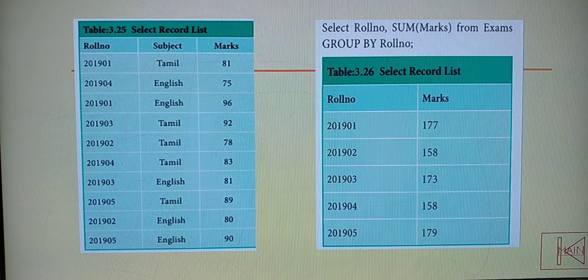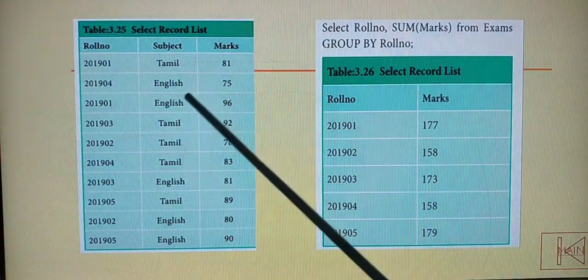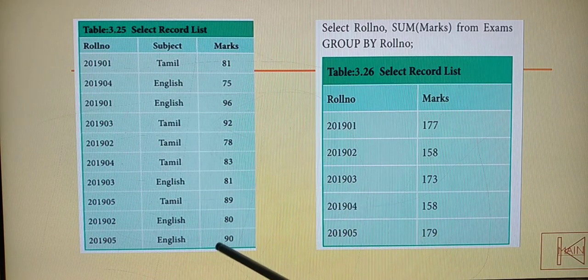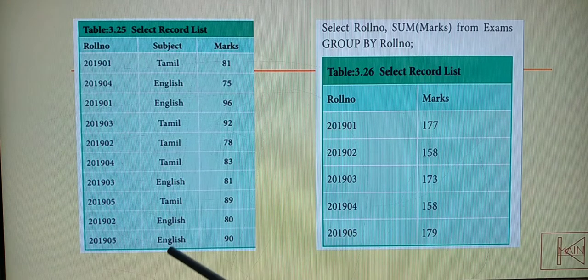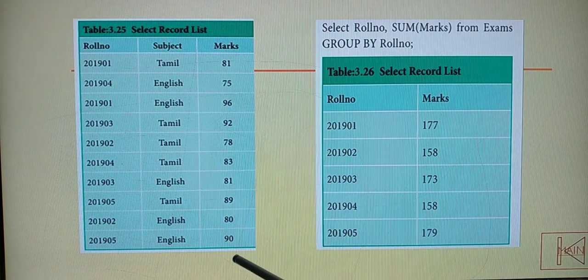Yes, next you people see the syntax. This is your record list you are having. Tamil mark 81, English, for this is your roll number. These are the subjects and these are the marks for you. Here under the subject, which subjects are repeated for you? Yes, all subjects are Tamil and English marks for the given roll number. Here the Tamil subject and the English subject are repeated for you. Okay, next, these are the marks that are available for you.